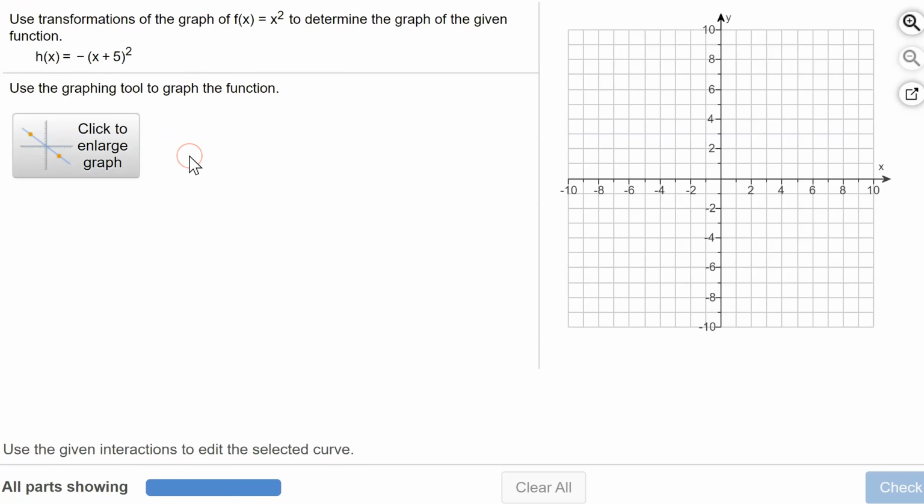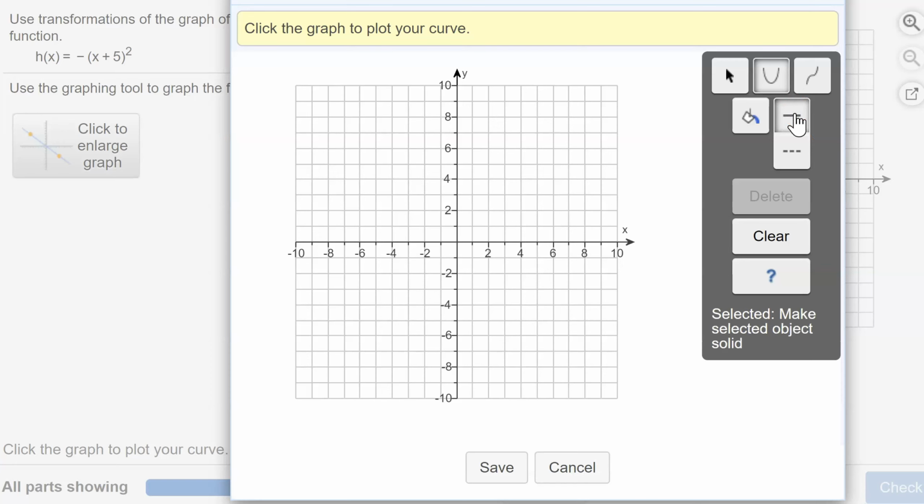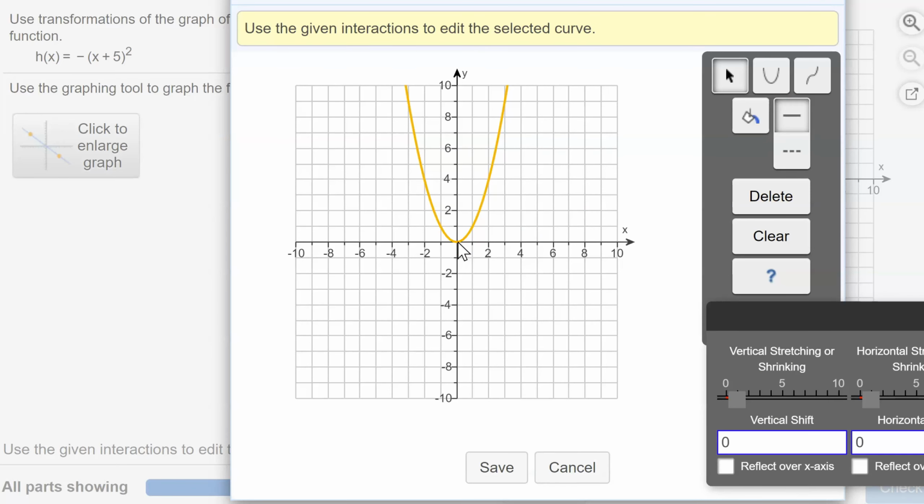Here we are back in MyMathLab. We need to click here to enlarge the graph. My parent graph is y equals x squared. This is the x squared tool. If you click on that, you will end up graphing a parabola that opens up. Make sure you've selected the solid line and then click anywhere on the graph. And it will graph the parent graph y equals x squared, which is a parabola that opens up with a vertex at 0, 0. I'm going to use this palette here to do my transformations,